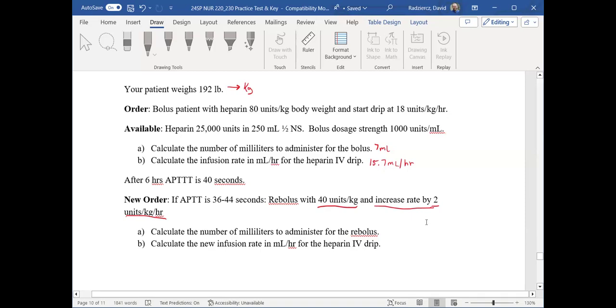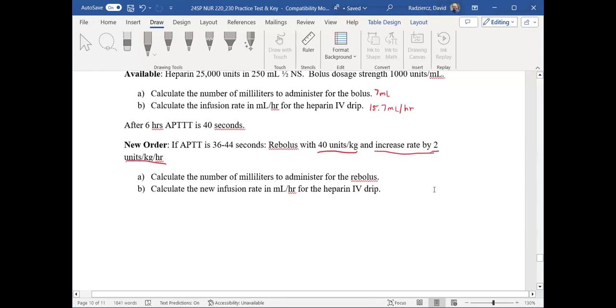I don't know. So what I'm going to do is take the 192 pounds, convert it to kilograms, multiply that number by 20, whereas previously I'd multiplied it by 18, and then convert it to milliliters per hour. So let me just work it through so you can see it. So I think everyone's okay with the rebolus. It's just 40, which is half of what you did before. So even if you didn't do any math, you would just take the 7 divided by 2, and you're going to get the